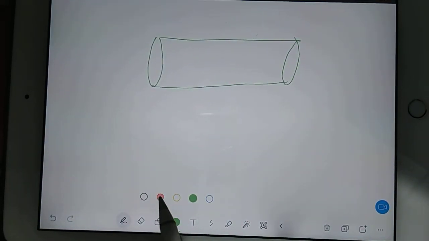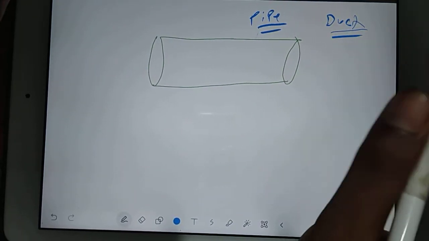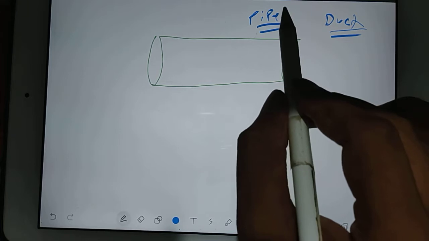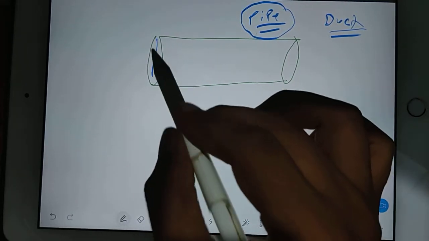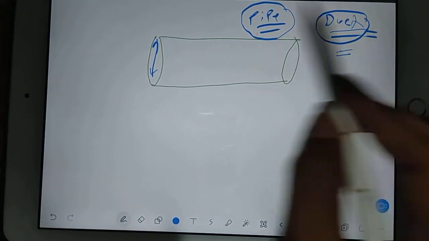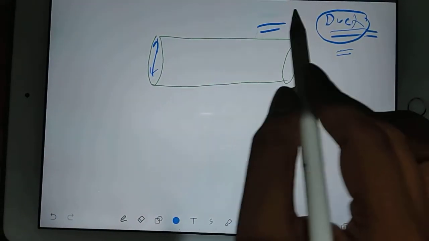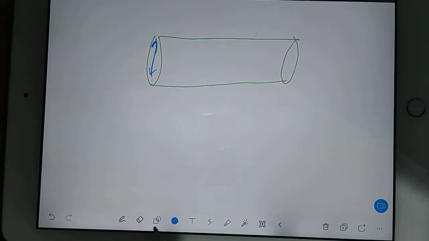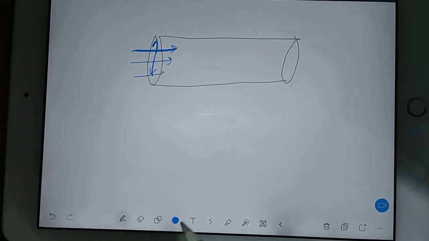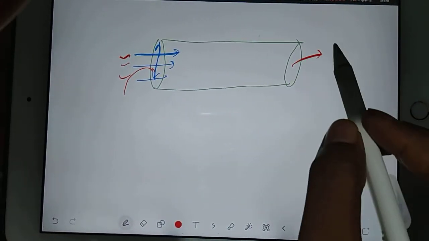If you have flow happening in a pipe, because now we are discussing flow process, I am considering any simple pipe. Now you say pipe or you say duct, it means the same. The only thing is, when you talk about pipe, the diameter is somewhat less, but duct diameter is somewhat bigger, and more than that you have tunnel. So in tunnel, pipe, duct, in everything flow can happen. Right now I'm taking one small pipe. In this pipe flow is happening. At this point some flow will enter, and then here flow will go out.